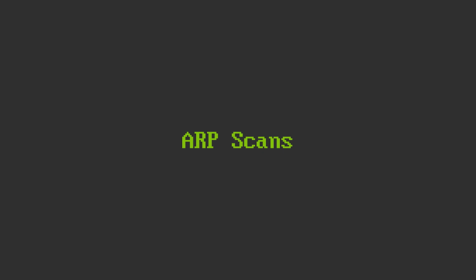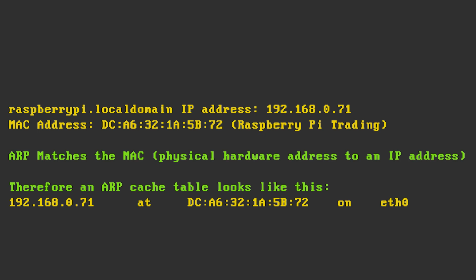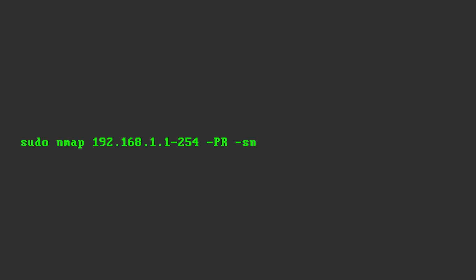Nmap also allows you to use ARP for discovery. ARP stands for Address Resolution Protocol. Think of ARP as the DNS service for IP addresses. It maps the unique hardware address, the MAC address, of the network adapter to the IP address at which it is bound. So you could run sudo nmap